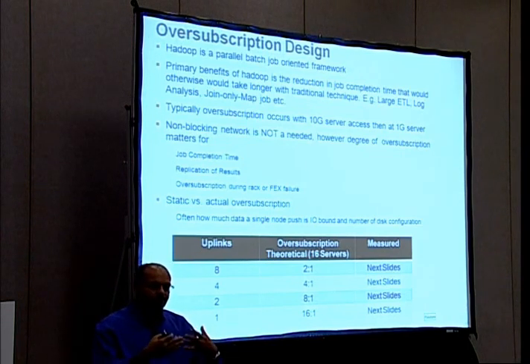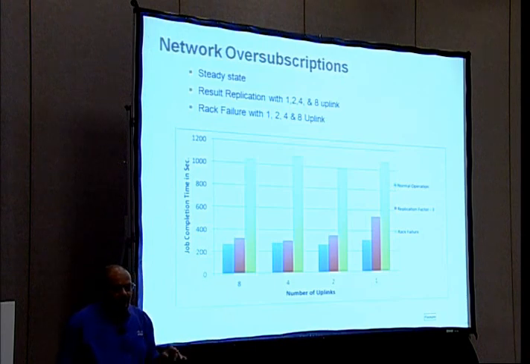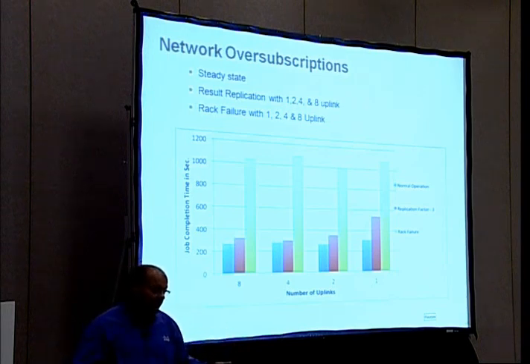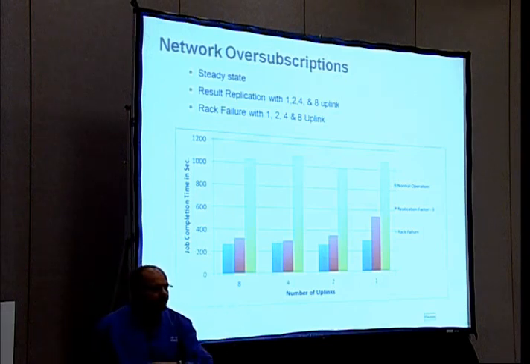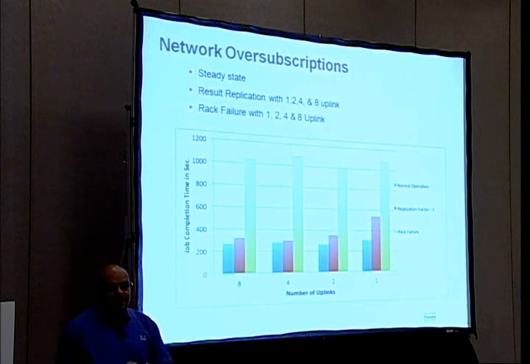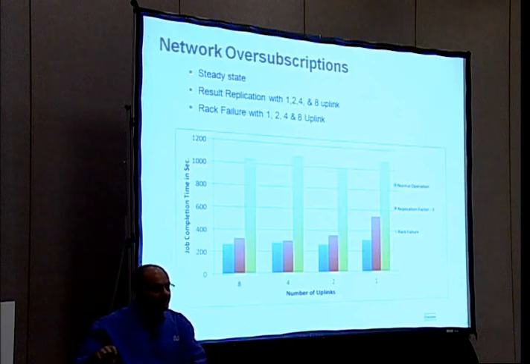So we set out with the 4 spindle ratio, and we said, okay, let's test it. What's the real impact of oversubscribing the network link, and what's its impact on job completion time, right? So if you look at this graph, the blue line is the 8 links, 4 links, 2 links, and 1 link. 1 link means the 1 10 gig link. 16 servers, 16 10 gig servers are feeding to that one link, right? Job completion time is not varying much, some 30, 40% more time, because you have an oversubscribed link. That means you're dropping packets, etc., right?